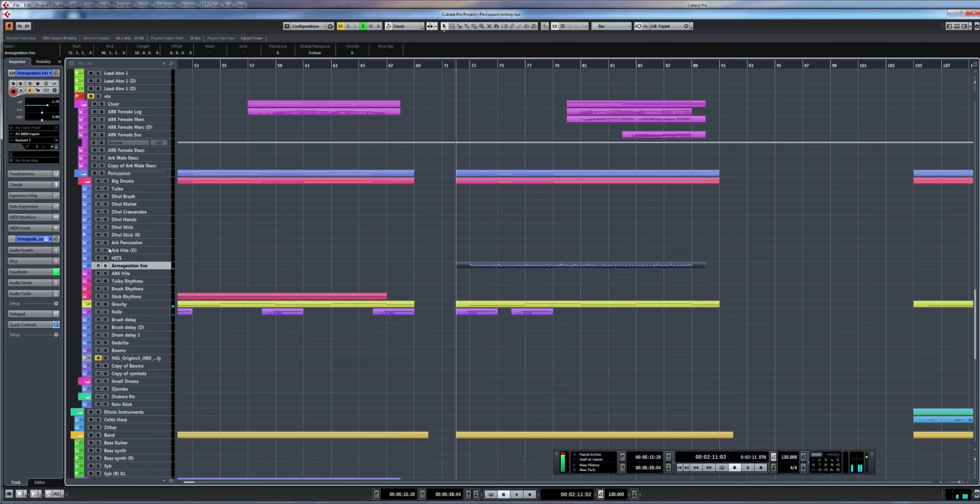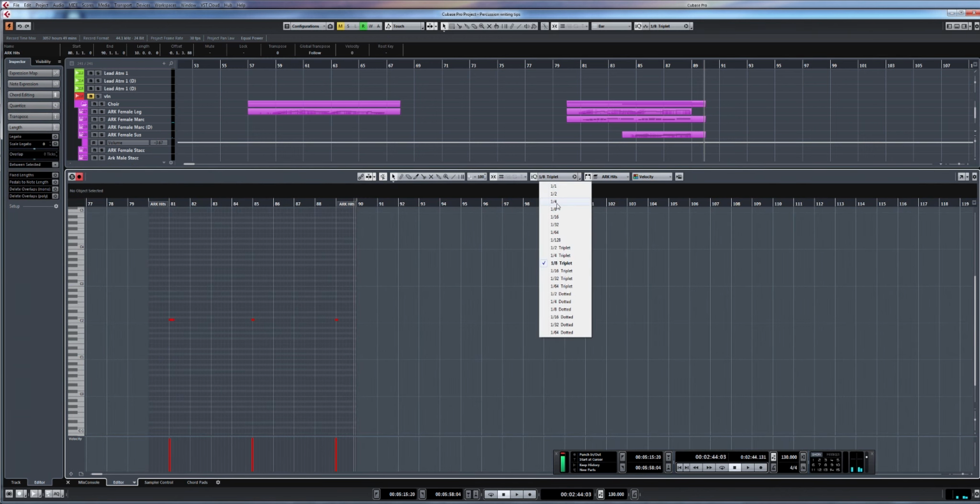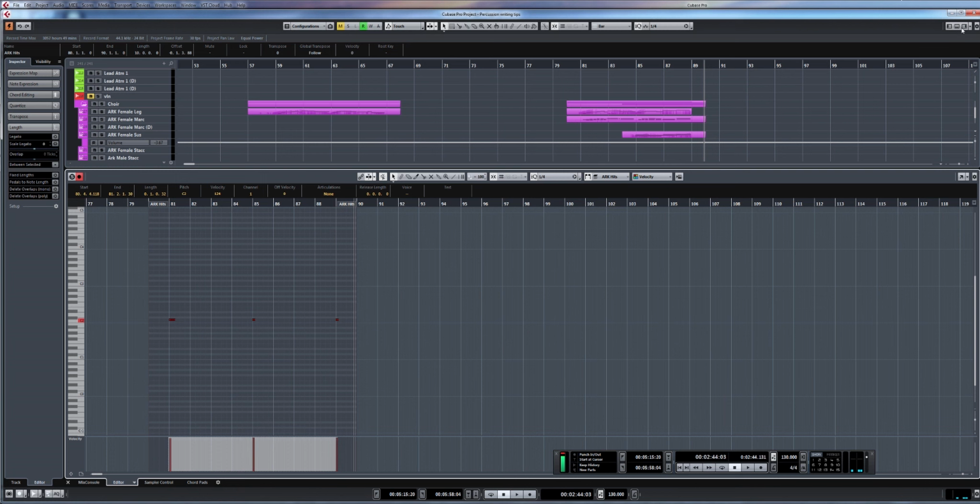Alright, now it's time to put in some arc hits. I'll do that over here. Some simple arc hits, just quantize, quantize, quantize, and